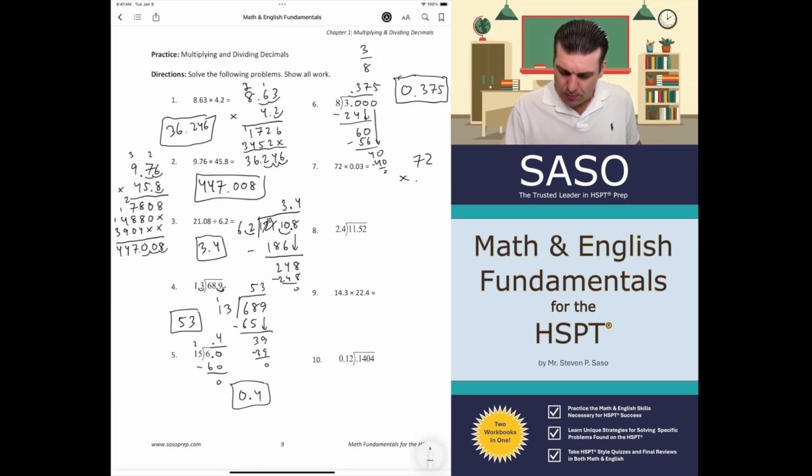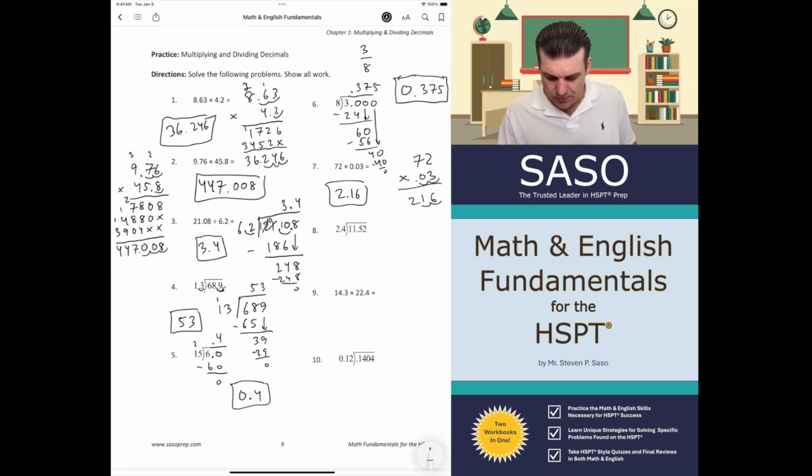72 times 0.03. All right, this is an easy one. 3 times 2 is 6. 3 times 7 is 21. Count up our decimal places, 1, 2. And move it over in our answer. By the way, you don't have to multiply out this 0. You're done after this, and then just move the decimals, 1, 2. 2.16. Pretty easy. I like that one. All right, next one here,